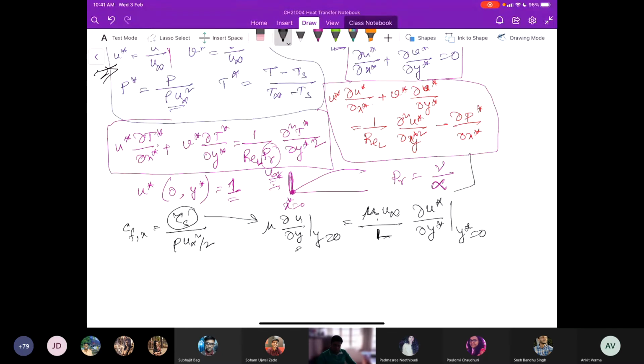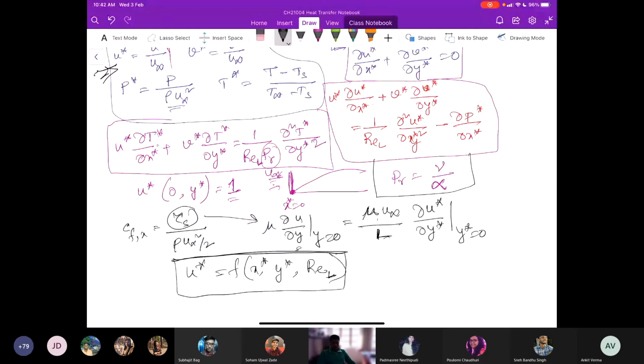By logic, U star is a function of the geometry and the Reynolds number. Agreed? The velocity profile would depend on, this is called the functional form,